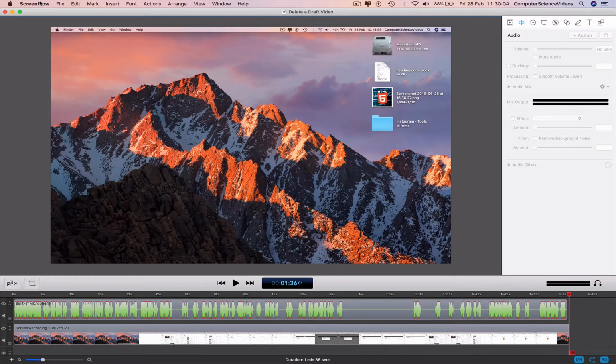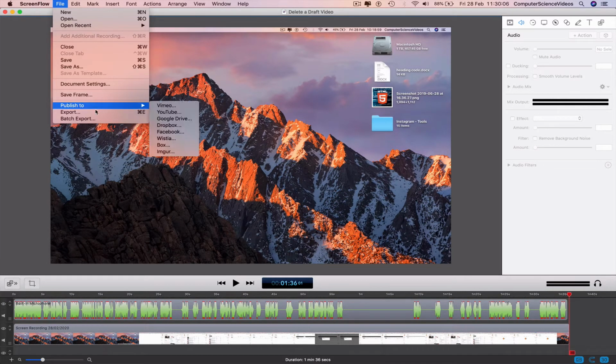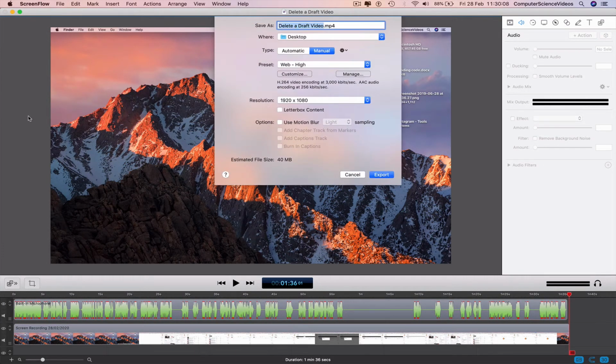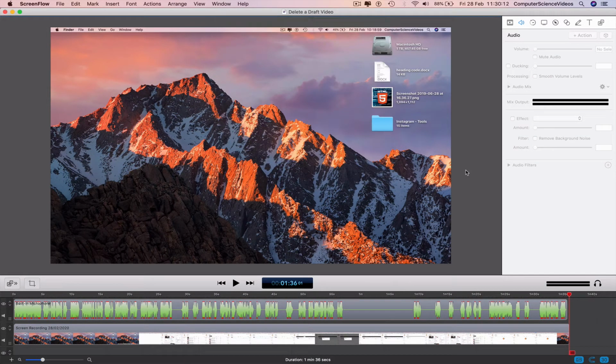Go to the toolbar, File, Export. We can press Command E to save some time. So Command E,